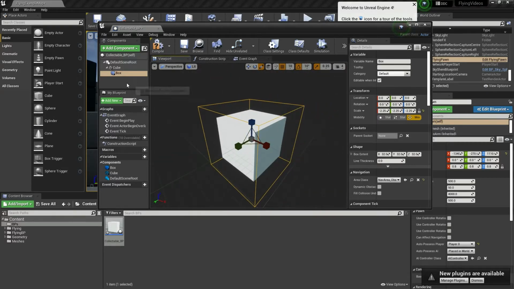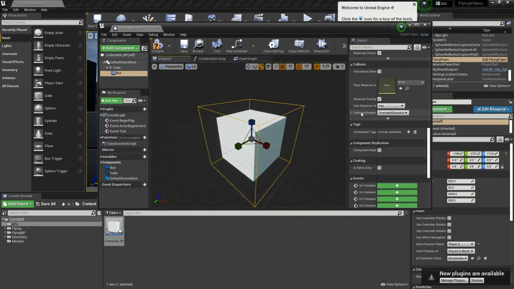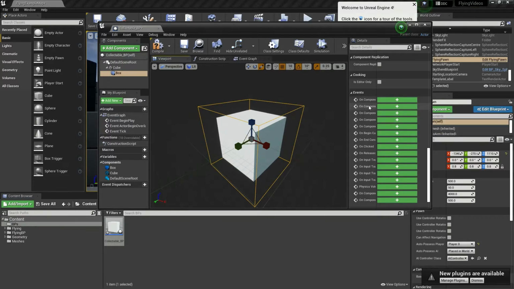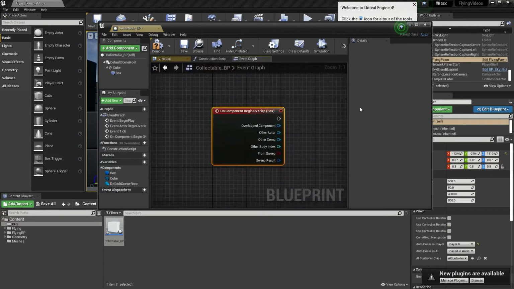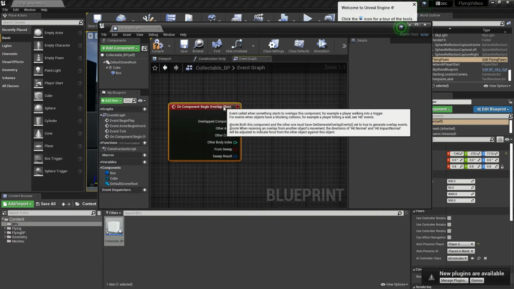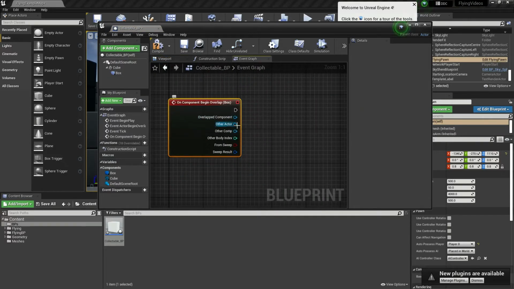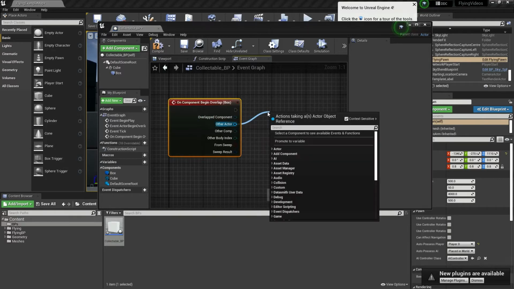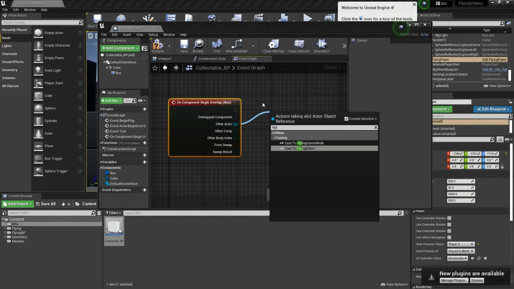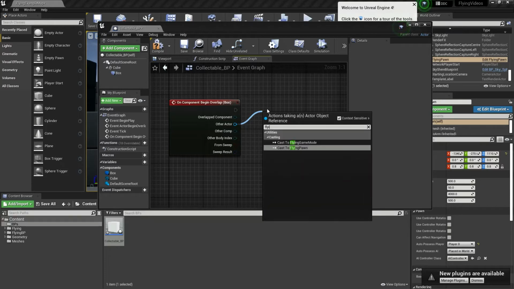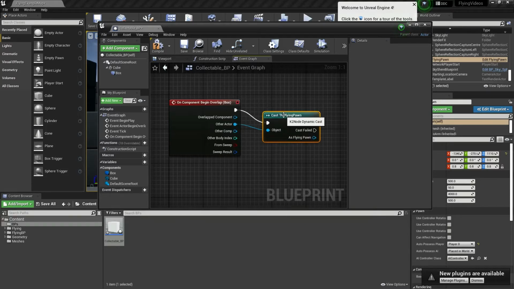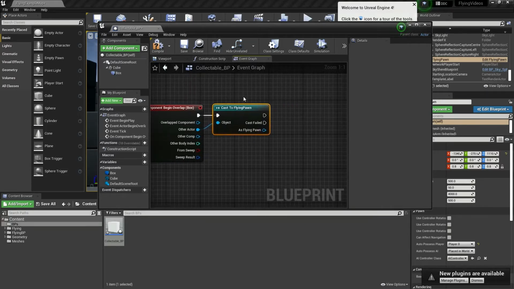collision will be. With the box selected, I'm going to scroll down on the detail section to the second option, on component begin overlap, and press the plus button. So this says on begin overlap we need to select what it's overlapping with. So we're going to drag and drop off this and get a flying pawn, because that's the name of the player in this game. So when it overlaps with the flying pawn,